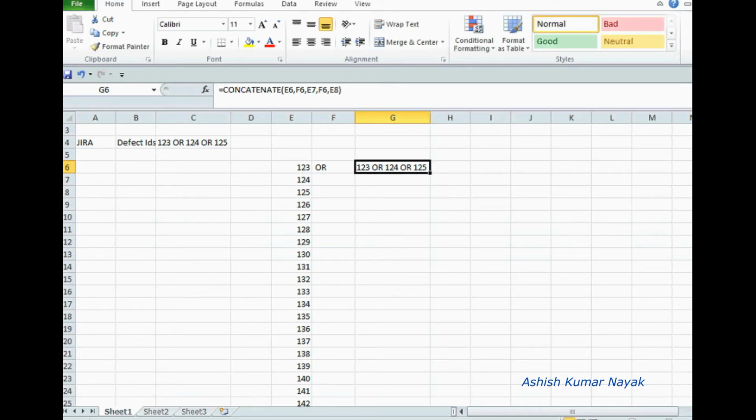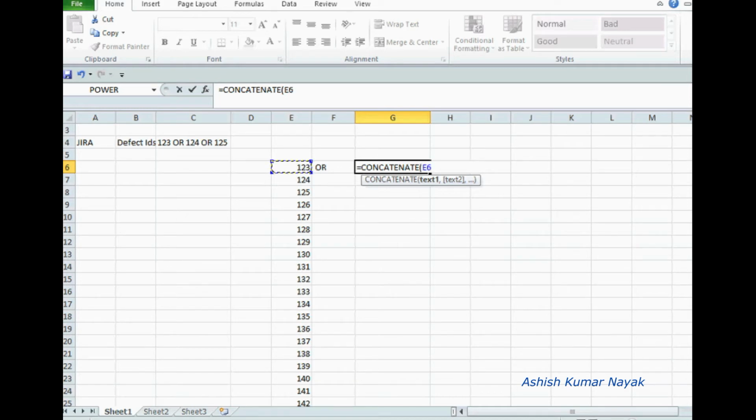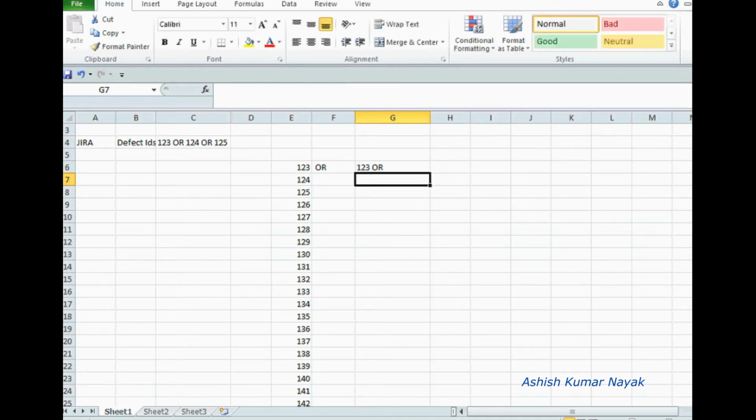Here in the next column G, just type is equal to con. Now double click on concatenate, click the cell value 123, input a comma, click the cell value of OR, space, then close the braces, press enter. So this is displayed like this.